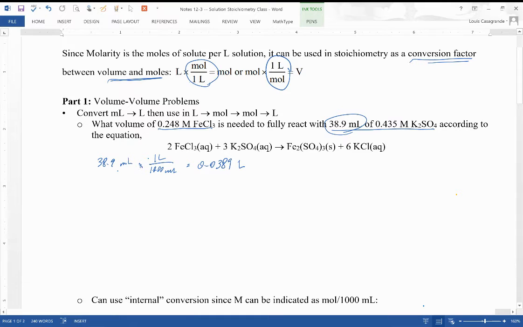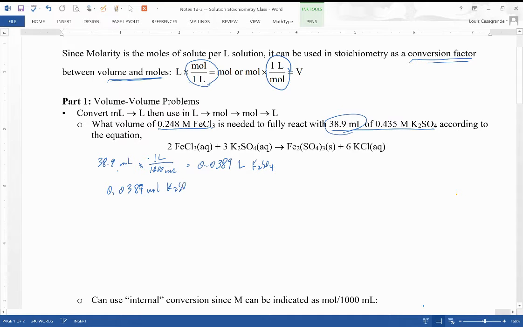So now that's going to be of the potassium sulfate solution. So what I'm going to do is take that 0.0389 liters,